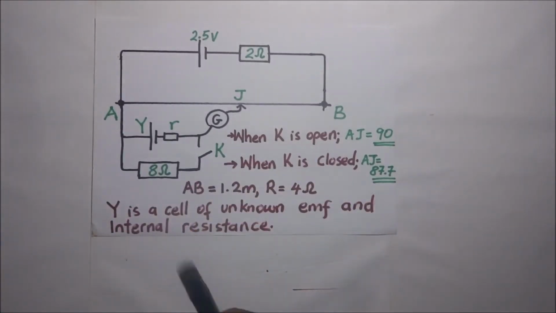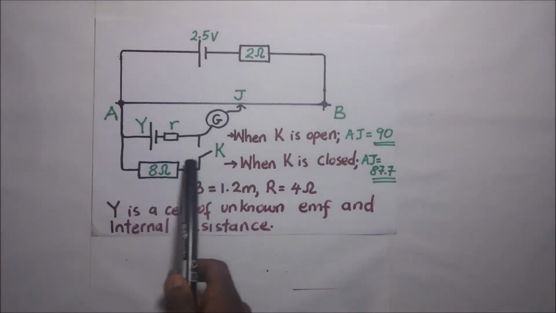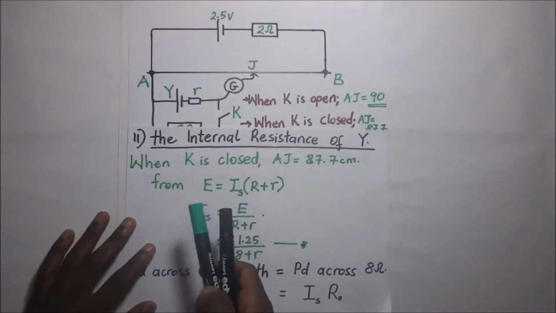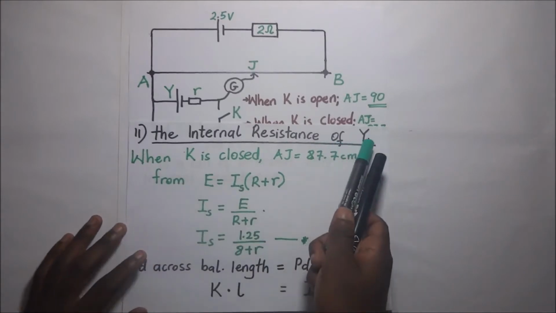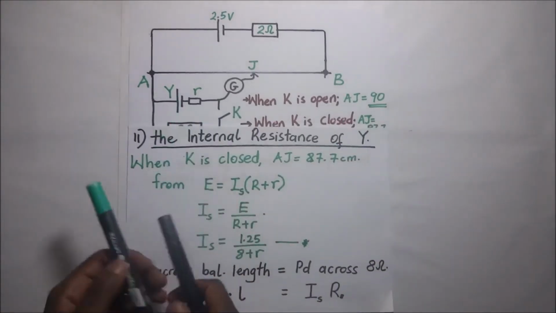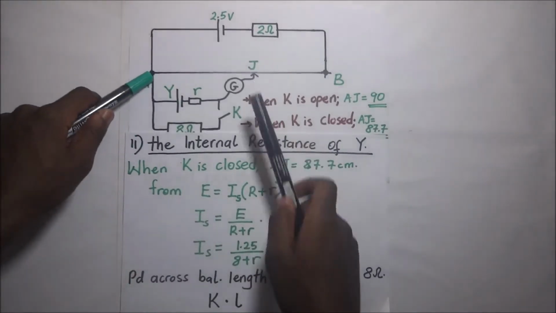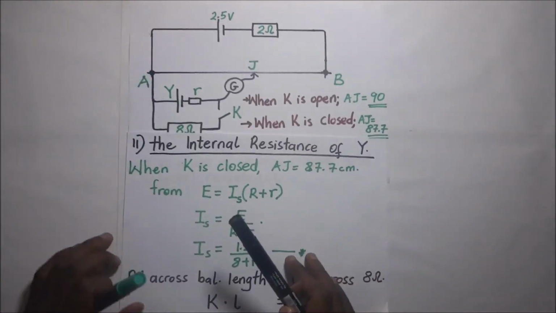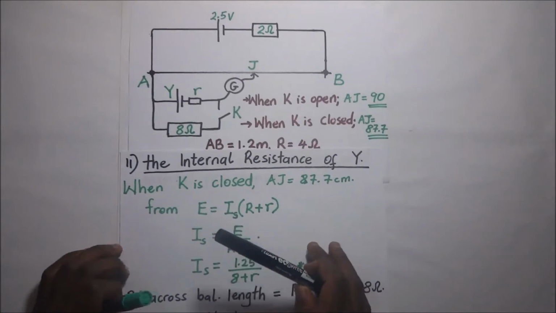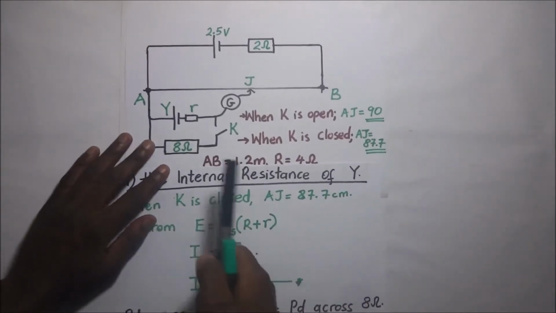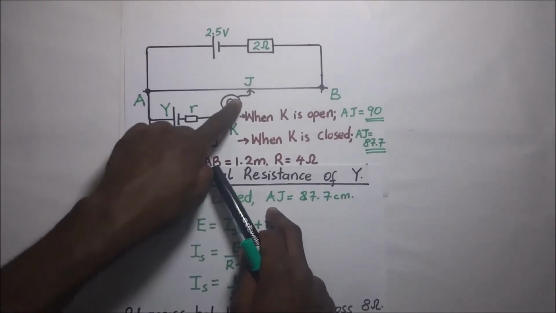So first of all, we need to get the current that is flowing in the secondary circuit. From our write-up here, we know, since the internal resistance of cell Y is what is required, that when K is closed, the balance length is 87.3 centimeters. For us to get the current flowing in the secondary circuit,